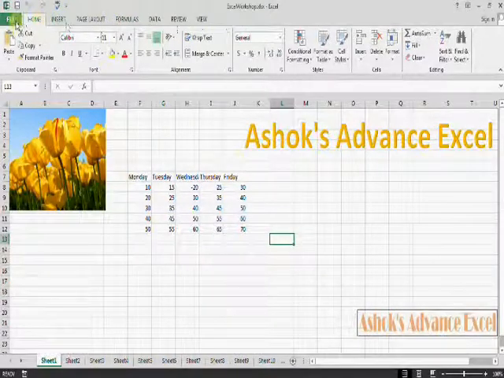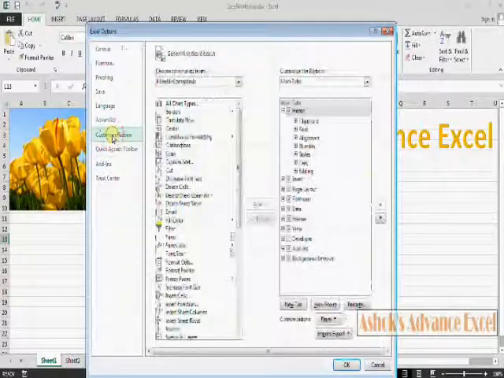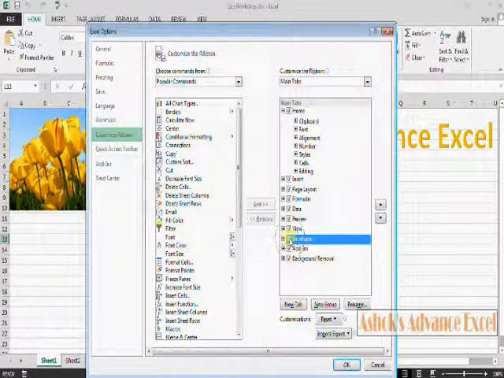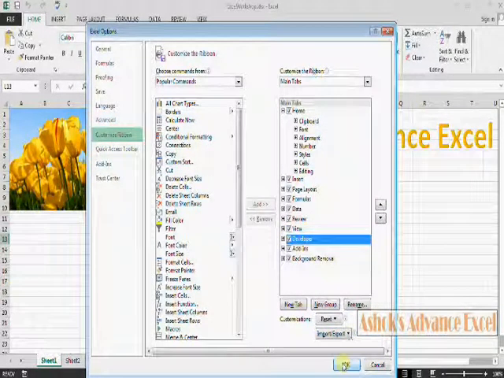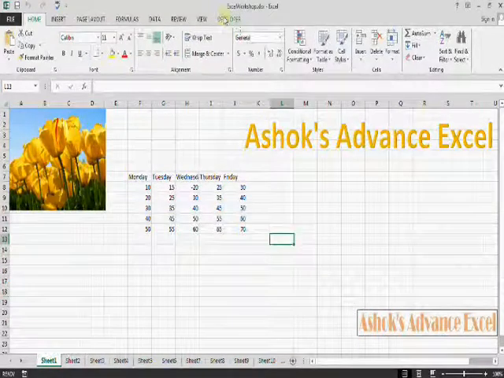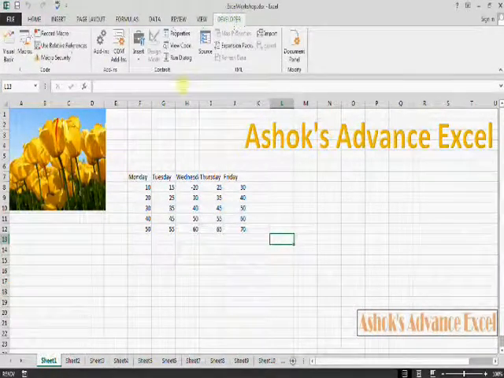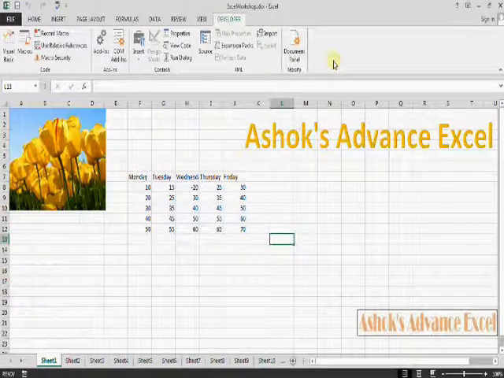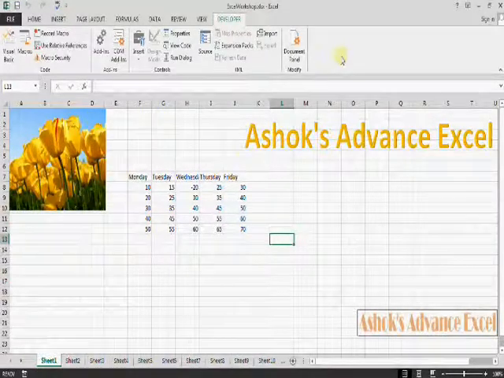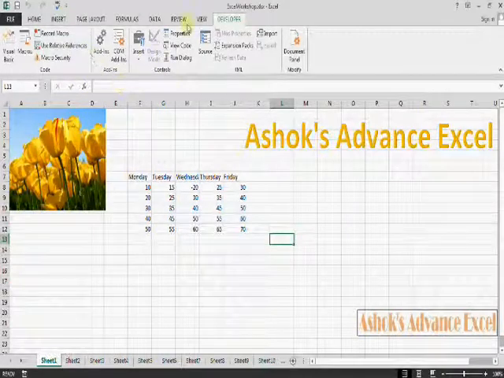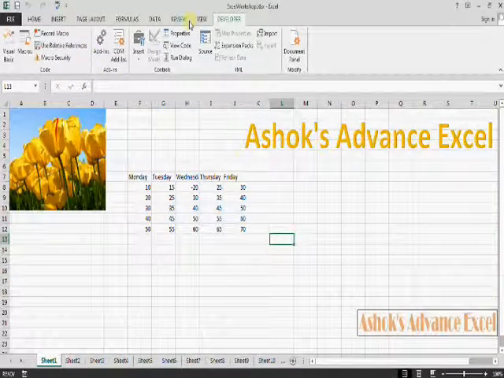Go to Excel Options, in Customize Ribbon just check the Developer tab and click OK, and you can see the Developer tab has appeared in the ribbon. Through the Developer tab we can write macros, record macros, and edit macros.